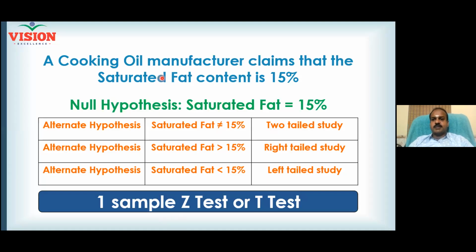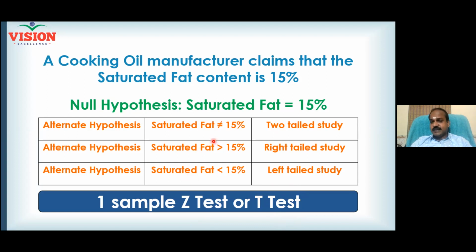Now this is the cooking oil problem you discussed yesterday. We already understood that it will either fall into a Z test or a T test. When will you go for Z test? When the standard deviation of the population is known to you. If the population standard deviation is known to you, you are someone like the vice president of the company, and you are given access. Population standard deviation is 2.6. Now I will go for Z test. If population standard deviation is not revealed to me, I will go for one sample T test.